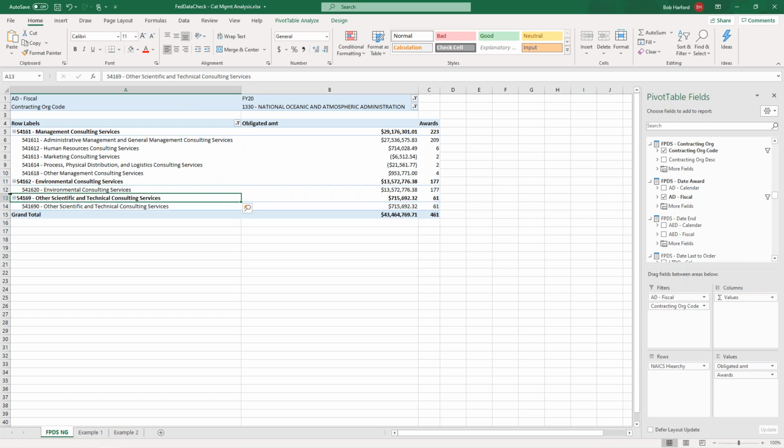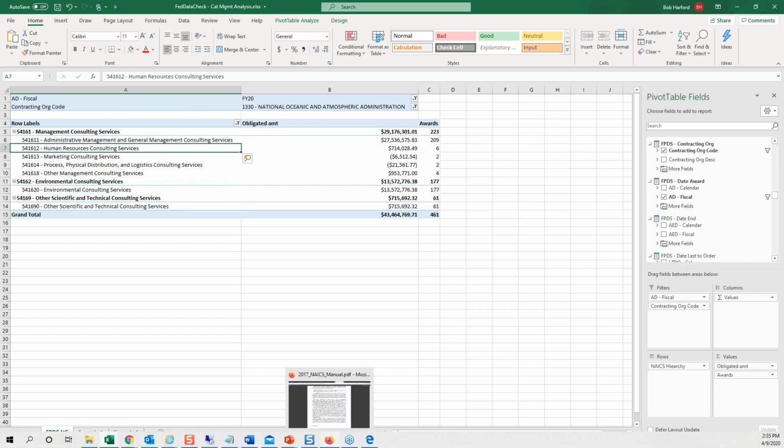So this is a pretty wide net. So you would think that if you're looking at Protect Oceans, maybe human resources consulting services, you wouldn't pay much attention to that because it doesn't look like spend that could use one of the Protect Oceans vehicles. We have someone on here, the Protect Oceans acting ACO, feel free to correct me.